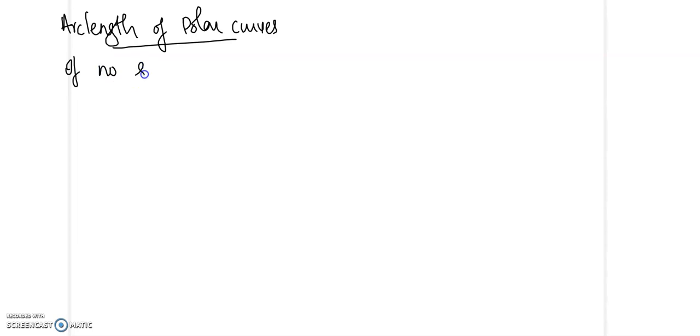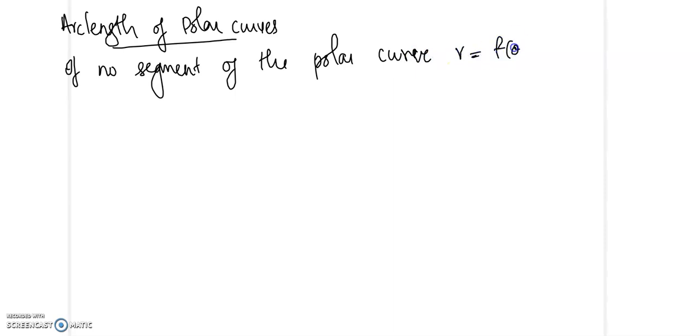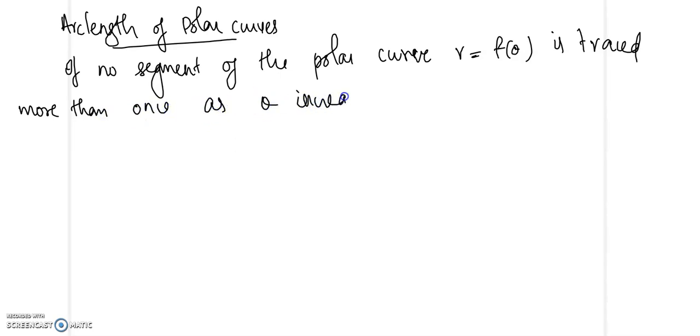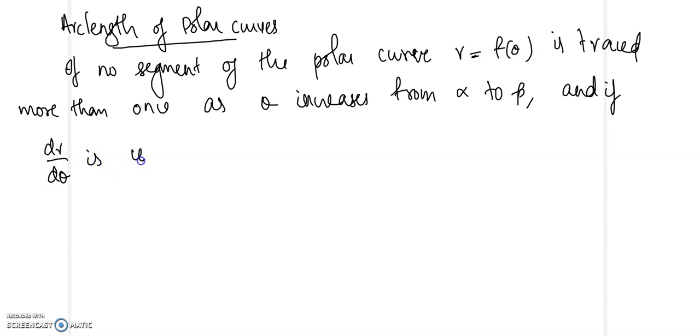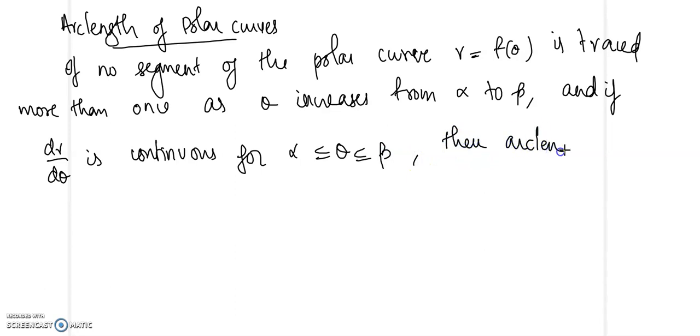So if no segment of the polar curve r equal to f of theta is traced more than once, as theta increases from alpha to beta, and if dr by d theta is continuous for alpha less than or equal to theta less than or equal to beta, then the arc length L from theta equal to alpha to theta equal to beta is given by,